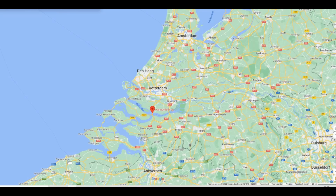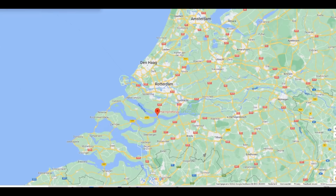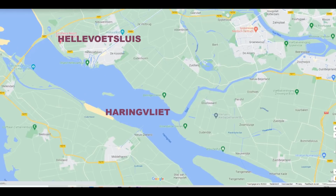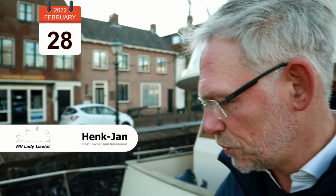Lady Liselot is moored in Hellevoetsluis. And Hellevoetsluis is based at the Haringvliet, a freshwater lake in the southwest of the Netherlands. And the funny thing is, but perhaps I can show it to you, on this side of the quay